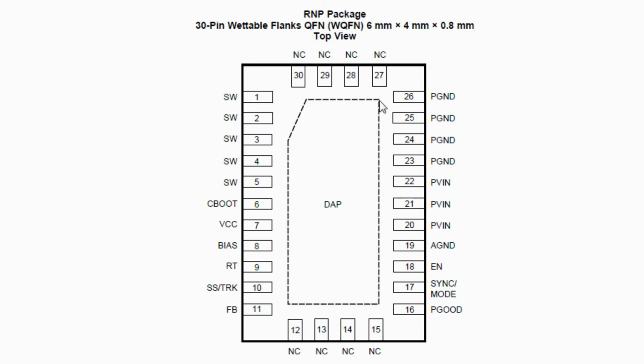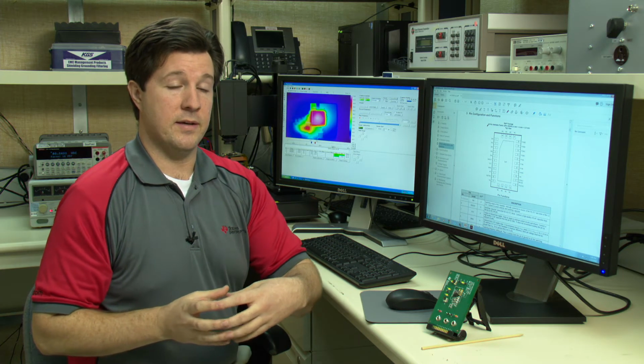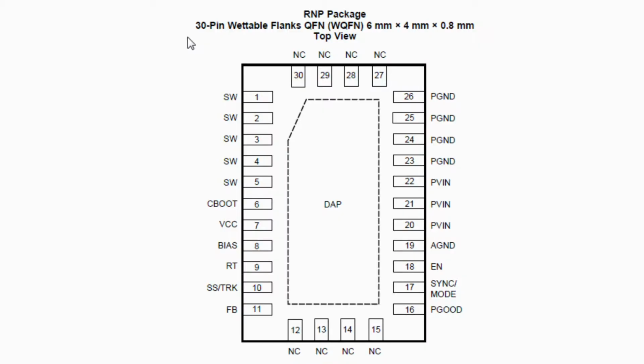And that allows you to pour a large amount of ground copper on the top of the PC board. That's going to allow you to spread the copper, spread the heat on the top copper of your PCB design. Spreading it on the top copper is more efficient than spreading it on an internal ground layer because then the heat doesn't have to transfer down into the board laterally and then back up. It can simply transfer laterally and then off the surface of the board.